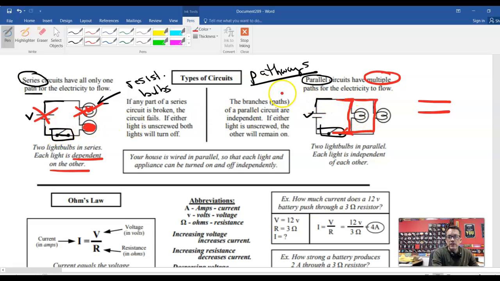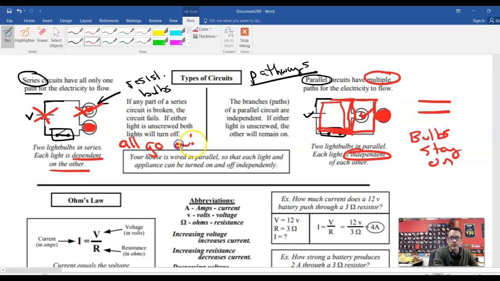Over here with the parallel one, if this top bulb, for example, burned out, there is still a pathway that allows the electricity to travel in a complete loop. And so this light bulb would tend to stay on. So we would say that these light bulbs tend to be independent of one another. So one of the big advantages over here is that if one bulb goes out, the other bulbs should stay on. Whereas over here, if one bulb goes out,